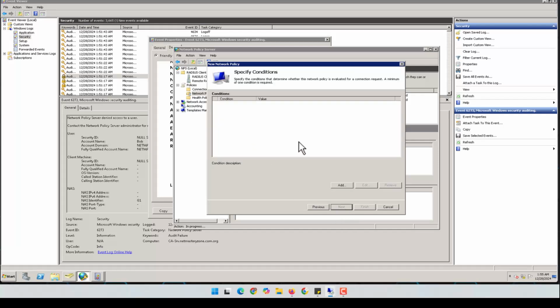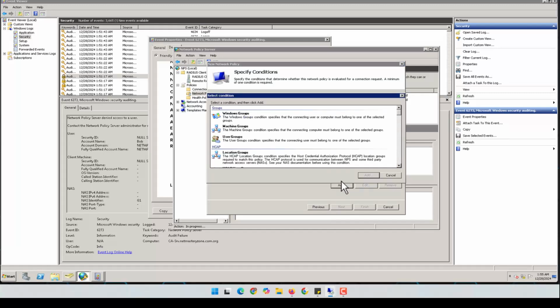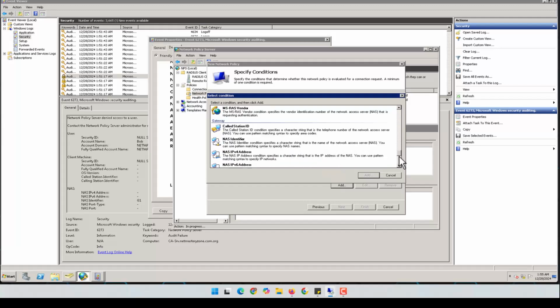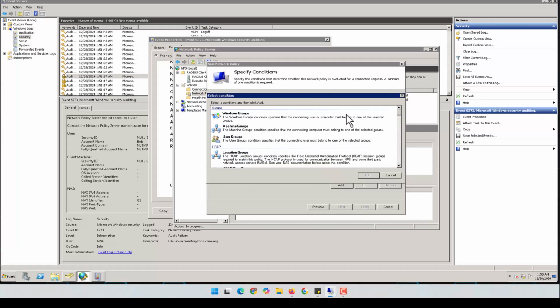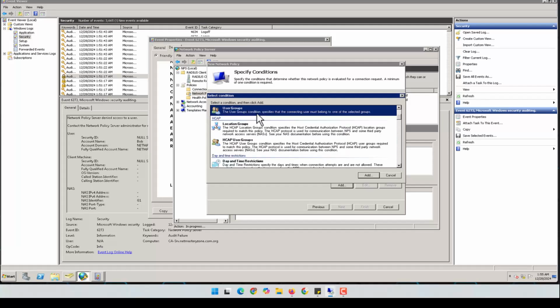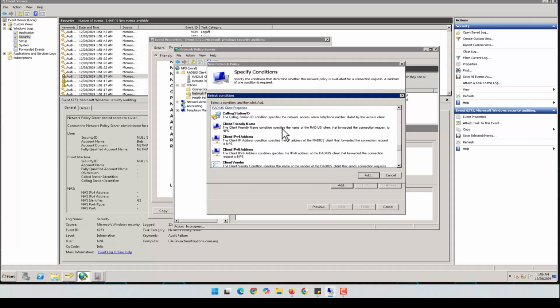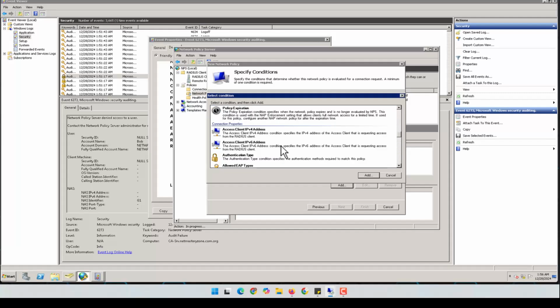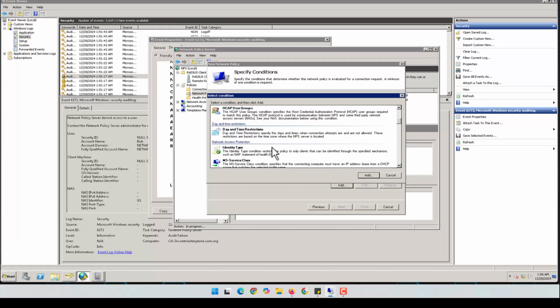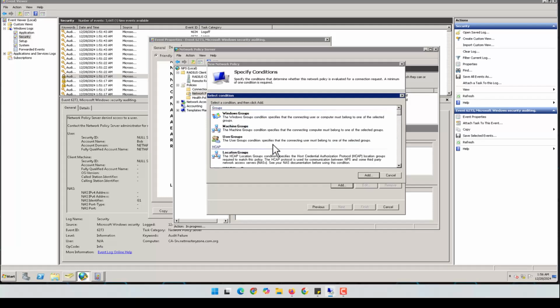Next, here let's create a condition, add. We have many different conditions that we are able to make. For example, Windows group, what version of Windows is going to connect. Machine group, which group this machine belongs to inside the Active Directory. User group, of course, which group the user belongs to inside the Active Directory, and many other conditions that we can select here, time base, IP address base, and so on. You can see day and time. Let's select this user group, add it,